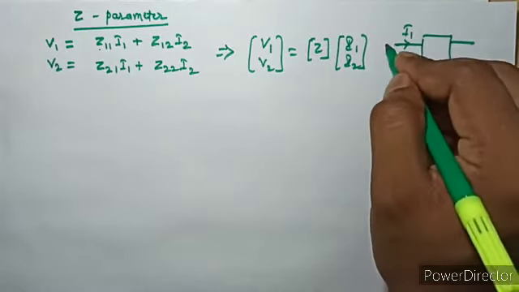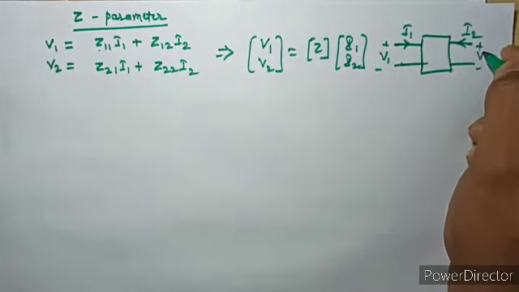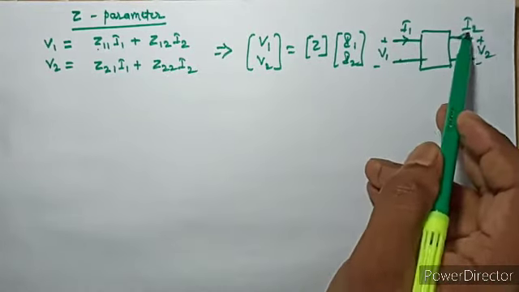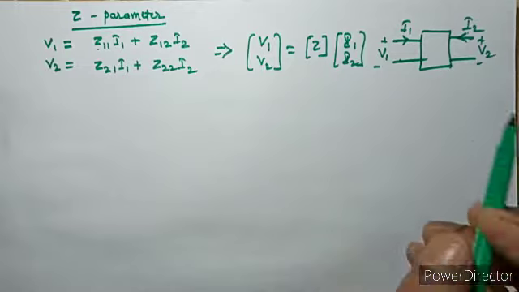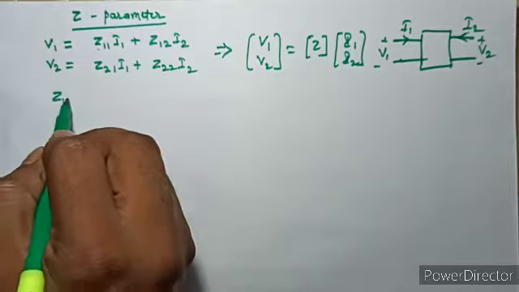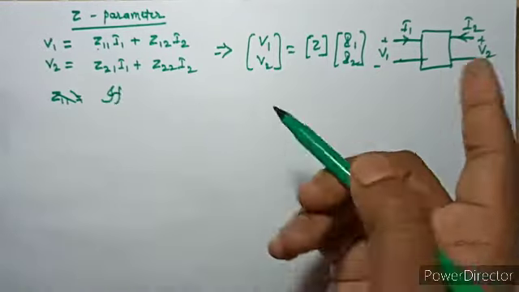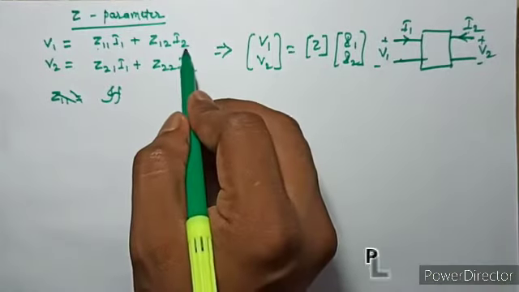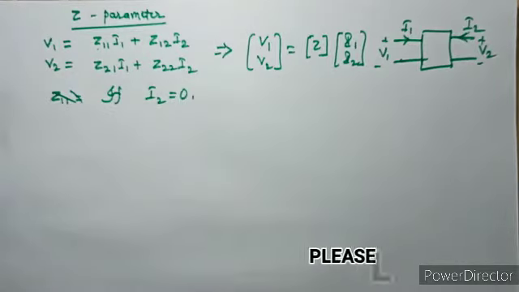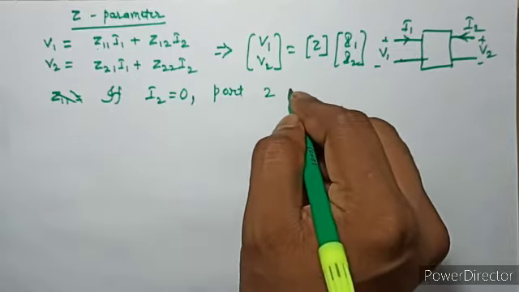This is I1, this is V1, and this is I2, this is V2. We have expressed I1 and I2 as entering the network, right? Okay, now Z11: if I set I2 equal to 0, I2 equal to 0 means port 2 is